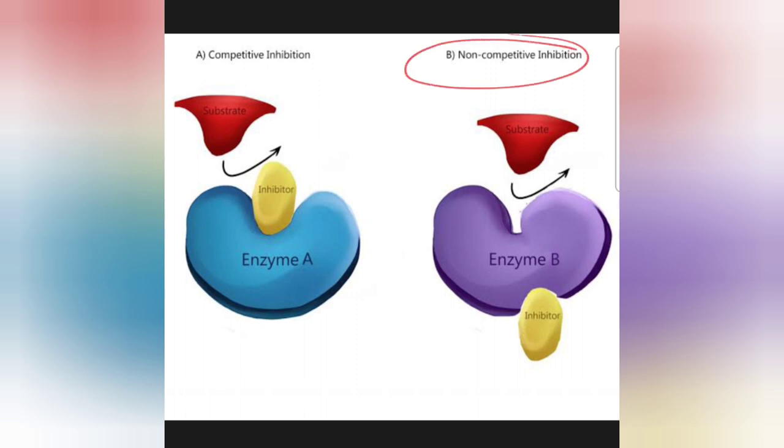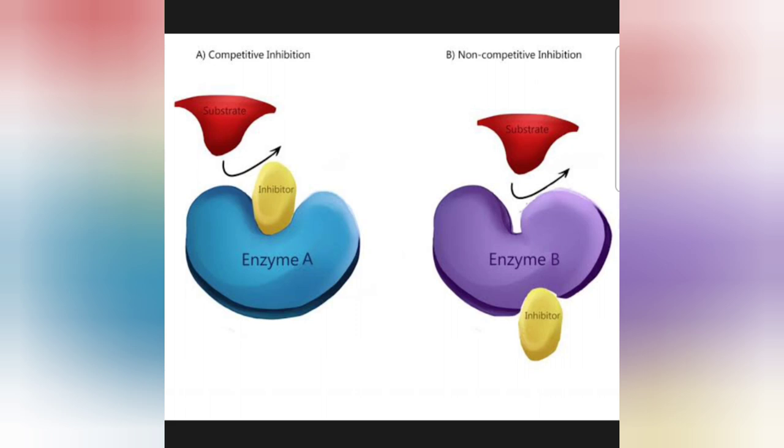How is that? This inhibitor should generally bind with the allosteric site, and this is the active site. The inhibitors, which are effector molecules, should not bind with the active site, they should generally bind to the allosteric site. So this inhibitor does that only, it binds and brings about structural change within the active site. As you can see here, the structure was like this and it has become so narrow that the substrate cannot bind with the active site of the enzyme. Okay, so this is a non-competitive inhibition.